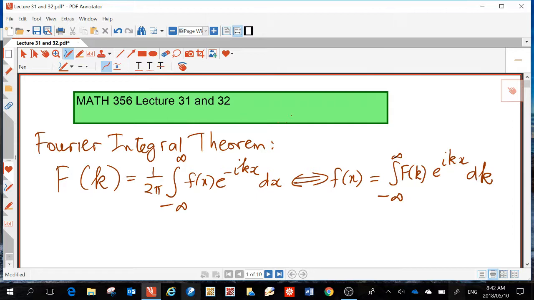Now, I'm making the point that it's 1 over 2 pi, it looks like a lack of symmetry here. There are various versions of the Fourier integral theorem. You could have 1 over root 2 pi here, and here you can have 1 over root 2 pi. Then it's symmetrical. Or you can have the 2 pi there and nothing here, and 1 here. There are many ways of writing it, but this is a form I recommend we stick to